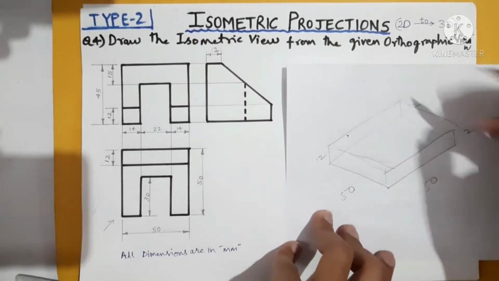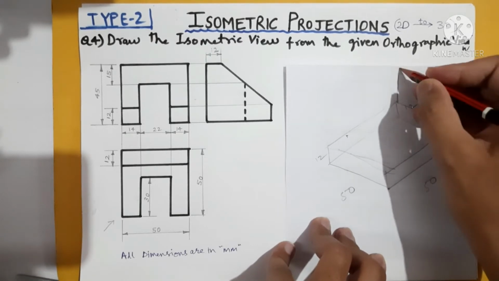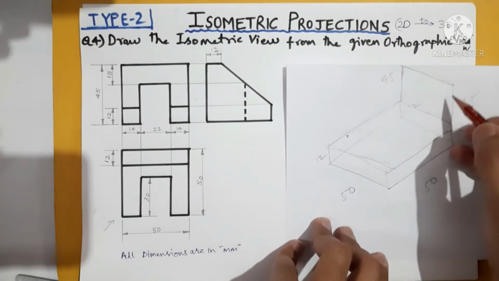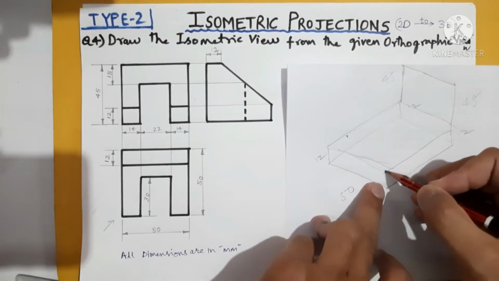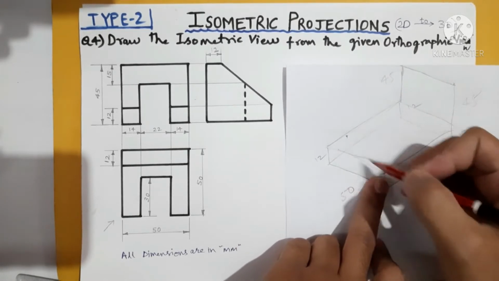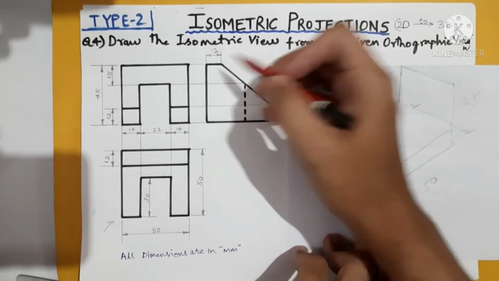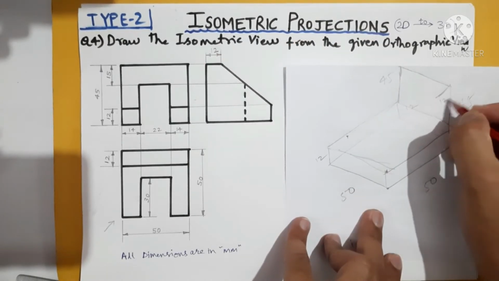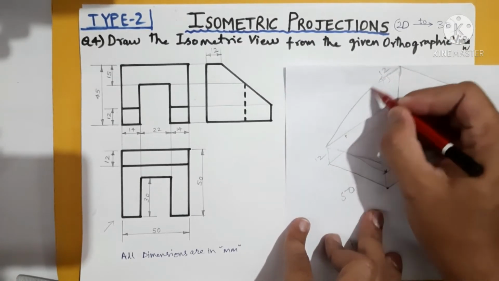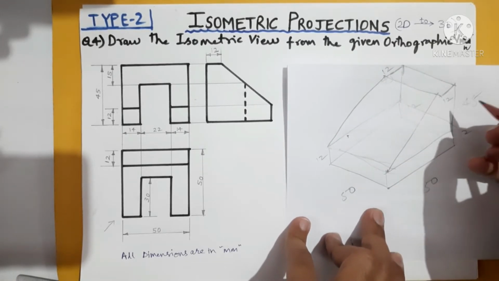Then we will start the problem at the back side. You see how much it is, 45. So we will start from here at the back side. This is 45 height, this is also 45 height. So join these two like this. Then the slope is not joining here. The slope is starting from here but it is not joining here, because the slope joins before 12 mm. Here it is given. So from here come 12 mm this way, and here also 12 millimeter this side, parallel to this. Then you can join like this and like this, and here you join parallel to this. Okay, this is the way.